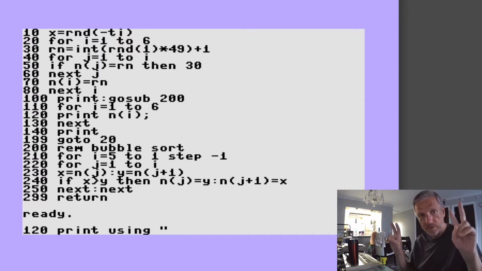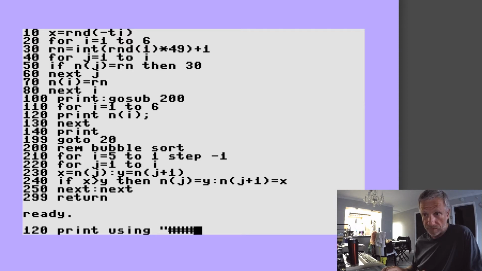I can tell the computer in double quotes what format it should be using, with the hash signs. So if I say print 2 or 3 spaces per number, then that's fine. And then just go for the semicolon at the end, and then the actual number that you want to print out. So in my case, that was